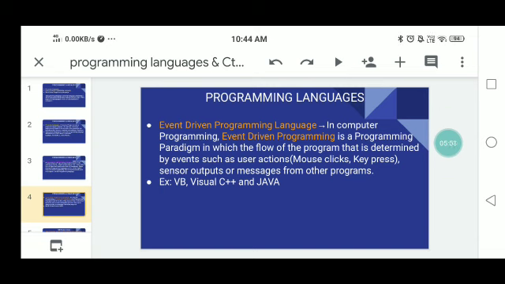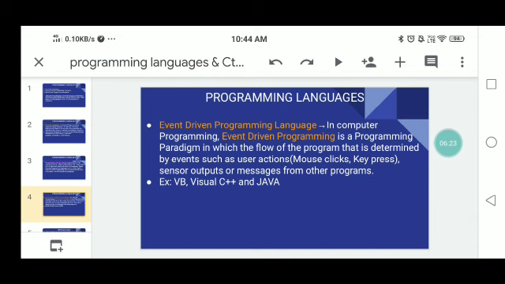Event driven programming is the dominant paradigm used in graphical user interfaces and other applications. For example, JavaScript web applications perform certain actions in response to user input.